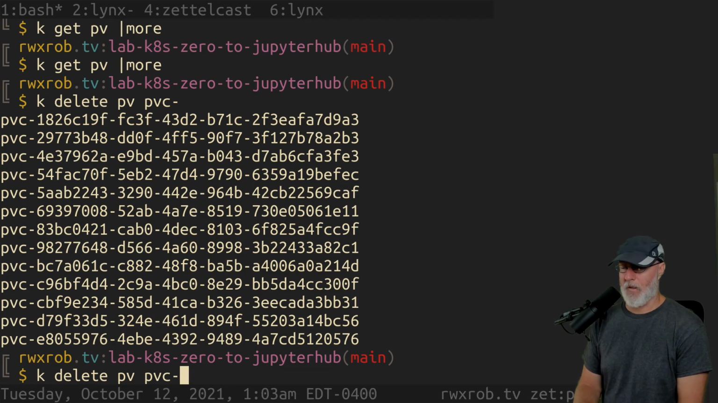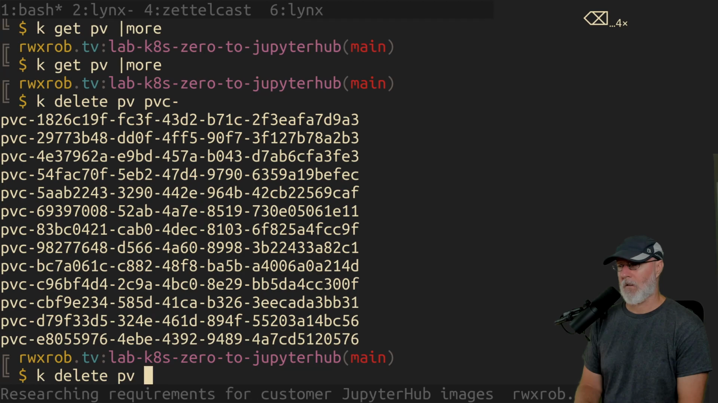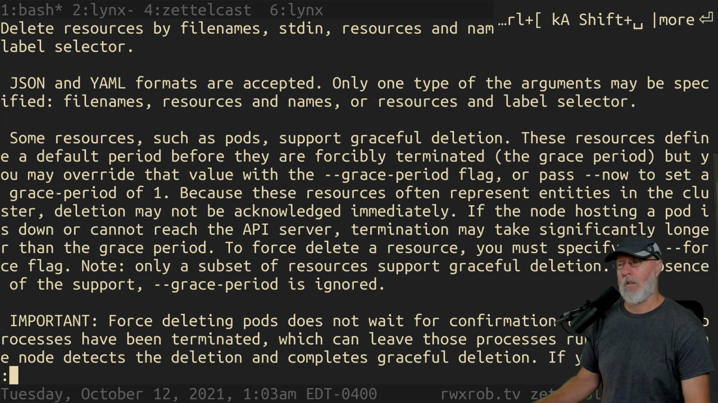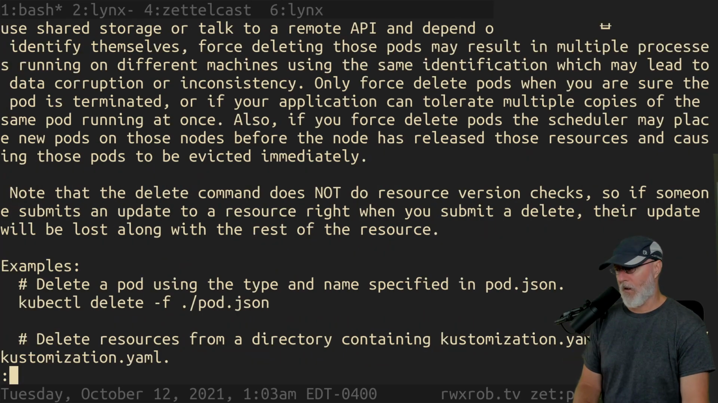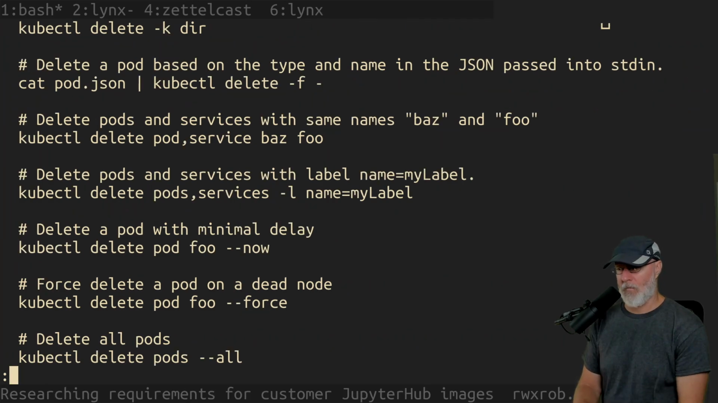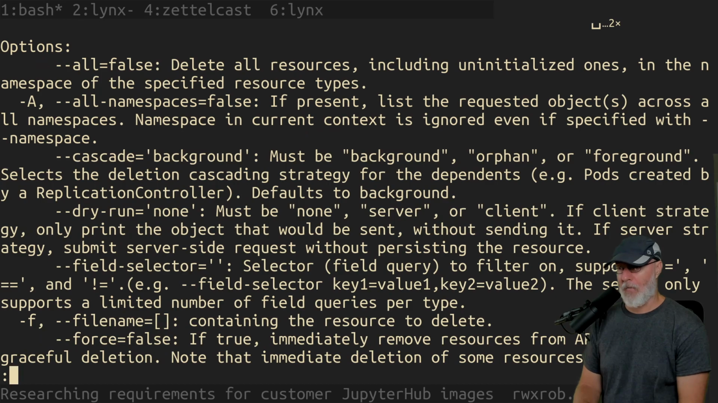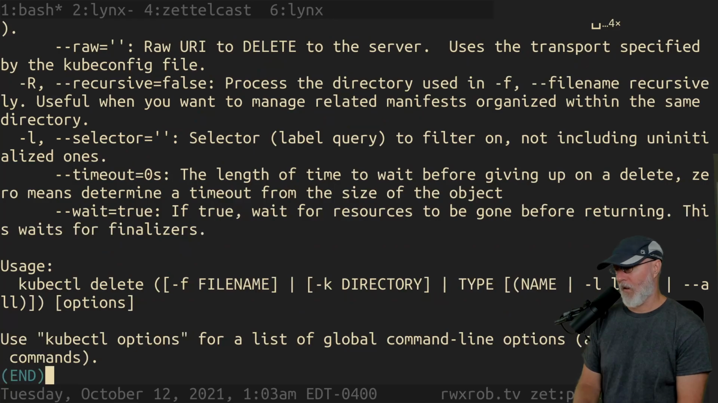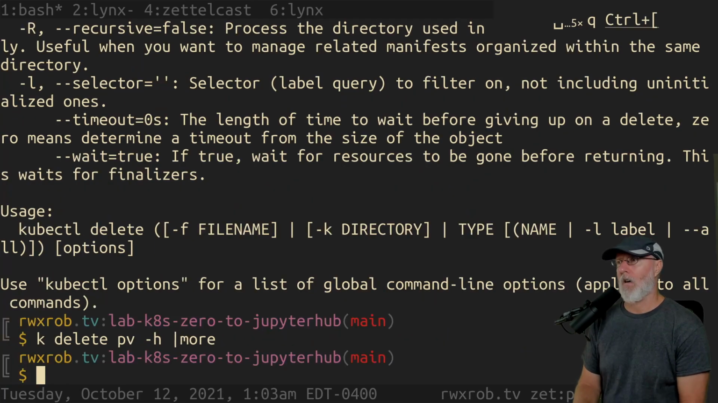I don't understand why it's listing it as PVC. Okay, wait. Delete resources by file name. Graceful deletion of pods, no. Force deleting pods, no. Delete command does not do resource checks, no. Delete PV, delete pods, services, and so on. Delete file name, label, key options for the commands, no. All right, so